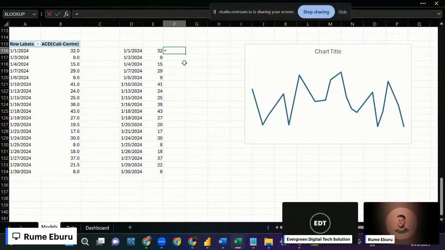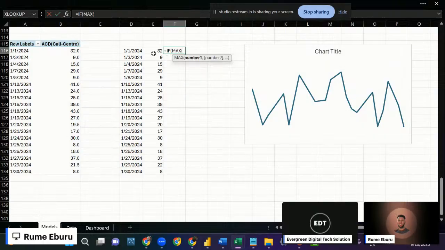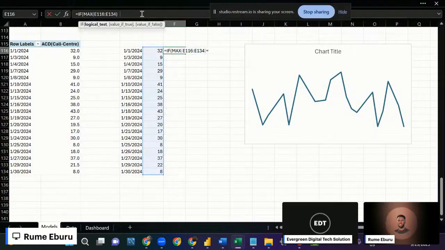So I can say this is equals to if the max of all of this, I just close the brackets, is equal to this value here, and I put a comma, give me this value, and put another comma, and I just put NA and then close the brackets. Basically I'm saying I want the value that should be in this cell. If I click enter,